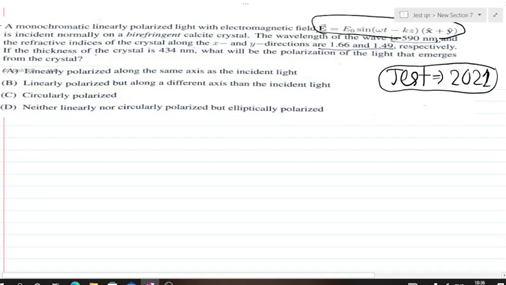If the thickness of the crystal is this much, what will be the polarization of the light that emerges